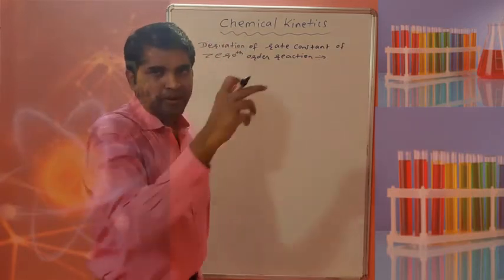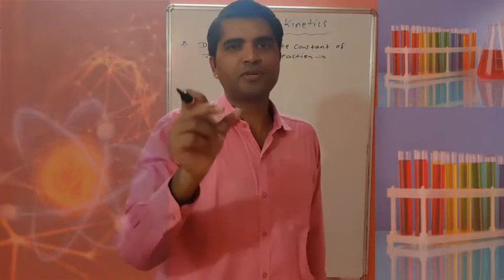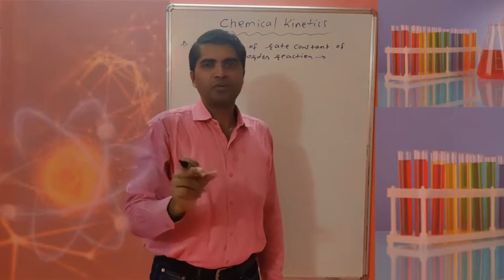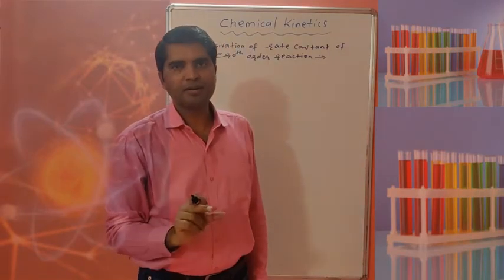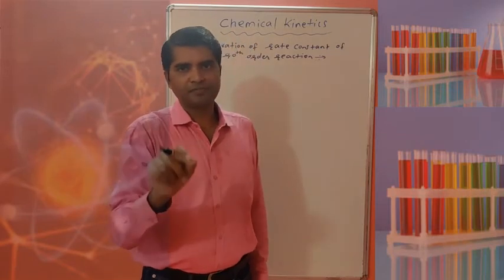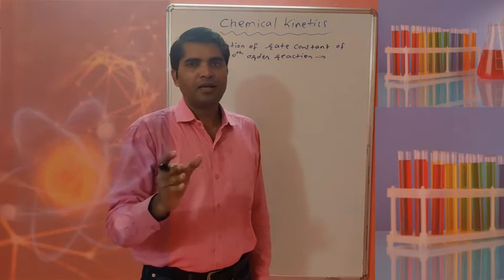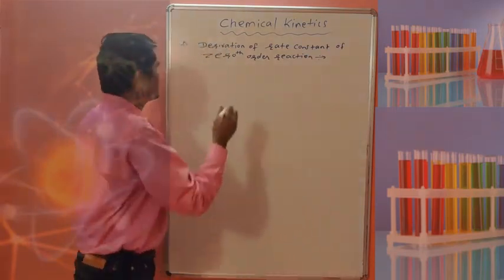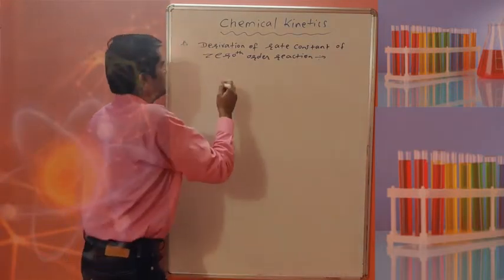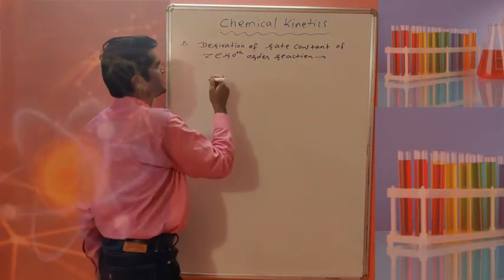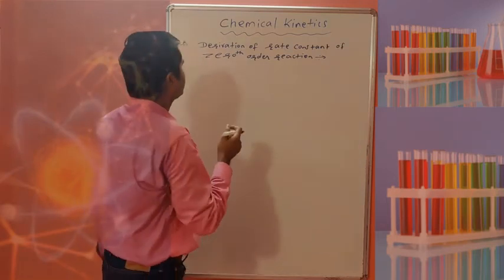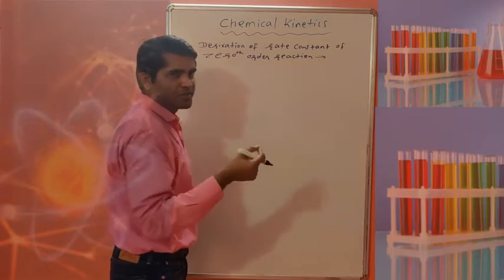To derive any equation, first we have to consider the general chemical reaction. After that, we write the rate law for that reaction. Then from the definition of rate of reaction, we can write the equation of rate. From both equations, we will go ahead in detail step by step. All of you write with me, and you will get this derivation easily. It is very easy if you understand a little mathematics and a little chemistry.